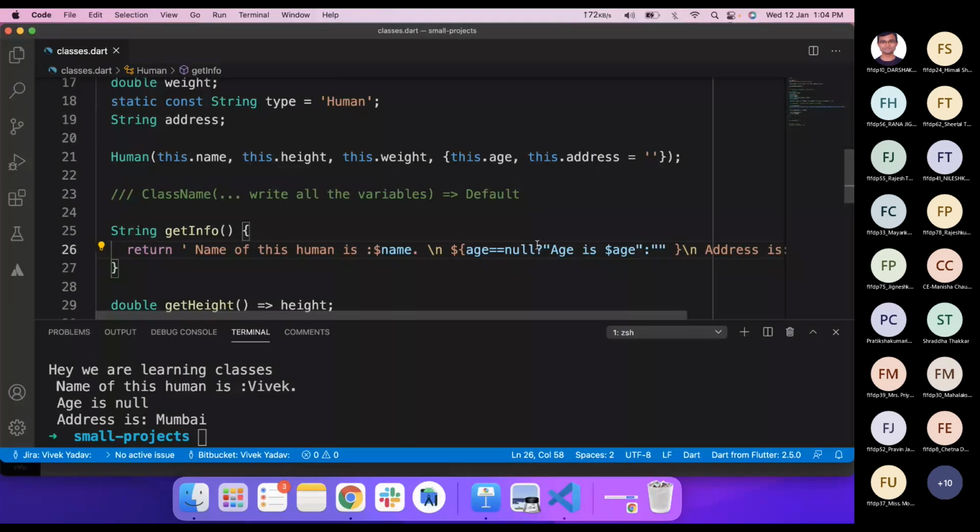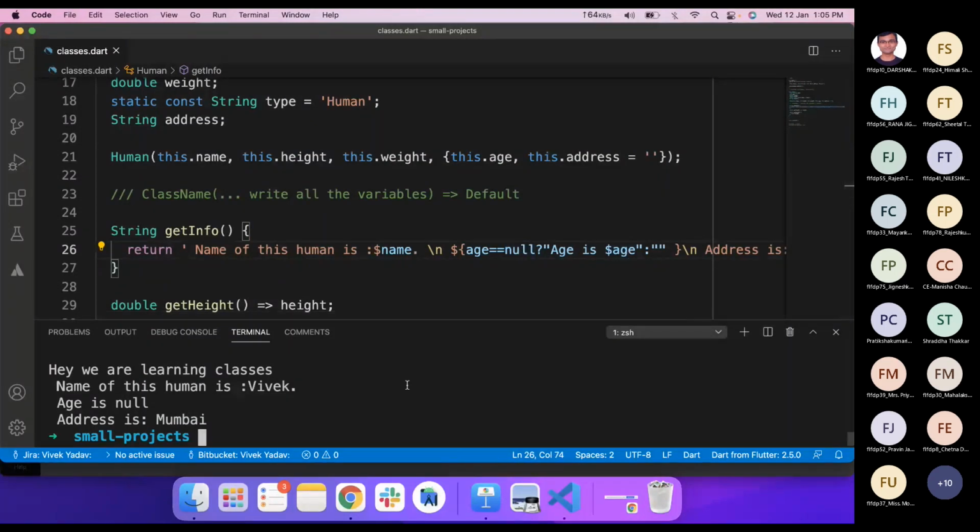This is the condition, age equals null, the question mark is for the if, and the colon is for the else. If age is null, it will run this age is dollar age, and if age is not null, then it will run the other part.